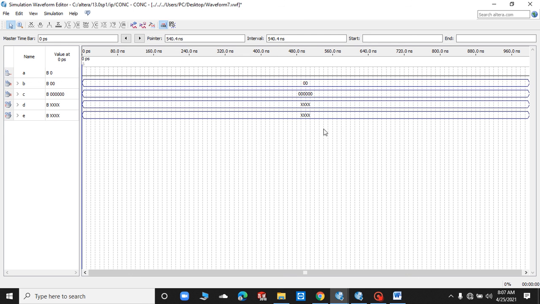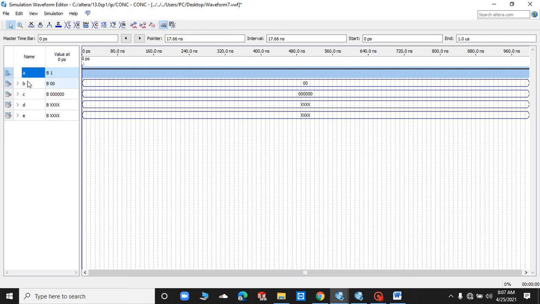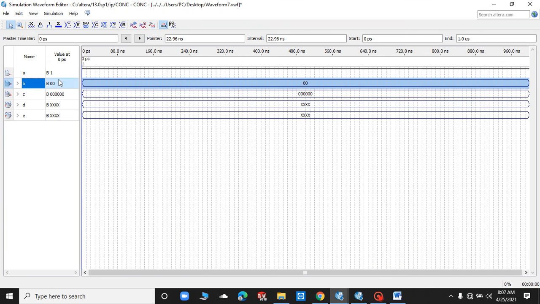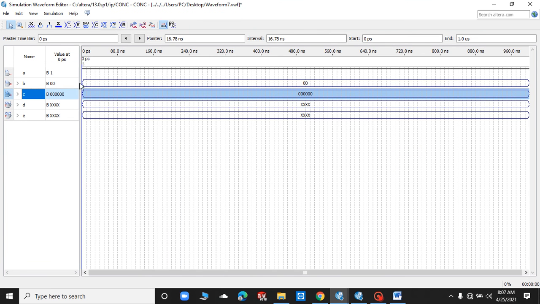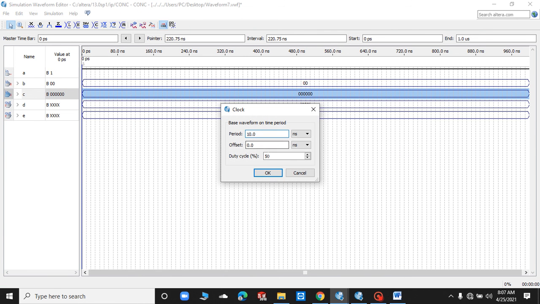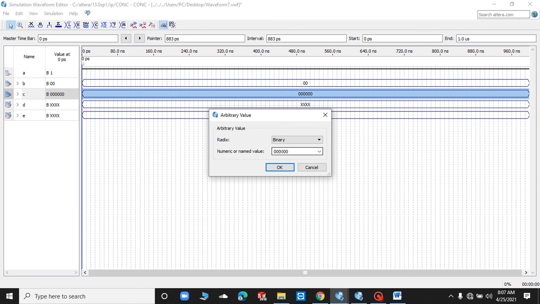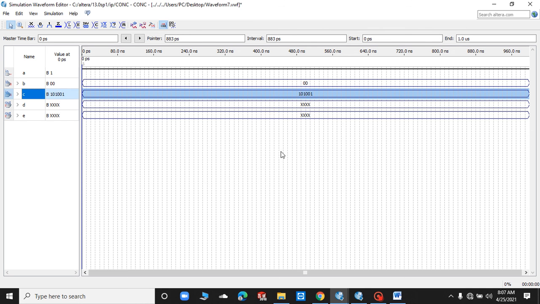So this is basically the input. So let me just change to 1. Now this is 1. The b is 0. Let me just confirm this. B is 0, 1, 0, 1, and last one. This is 0, and this is changed to, just wait a second, 1, 0, 1, and the last one 1. This is the value, and let's just simulate this.